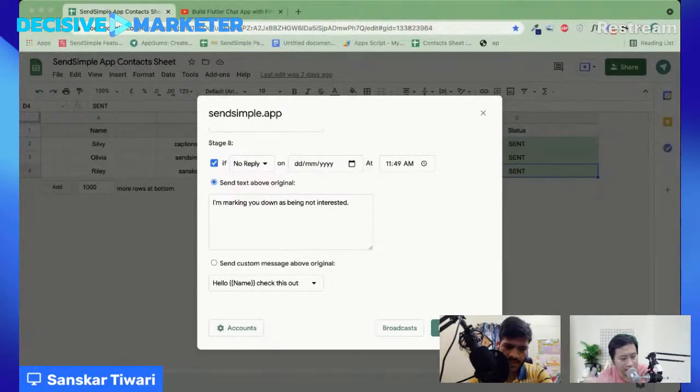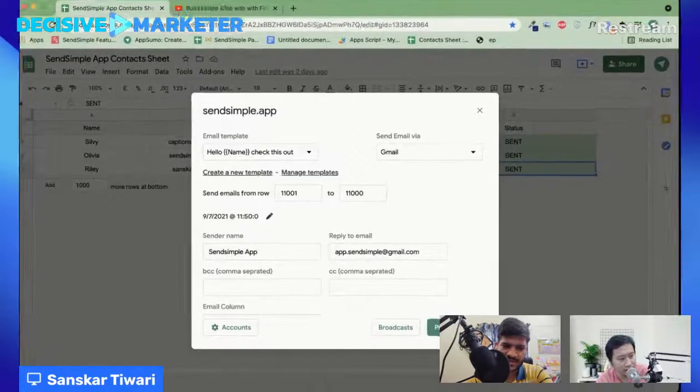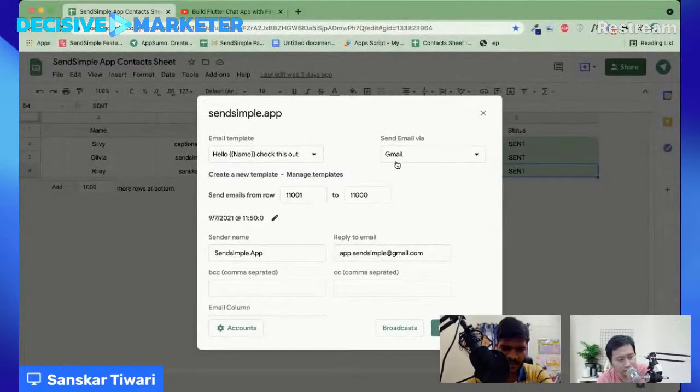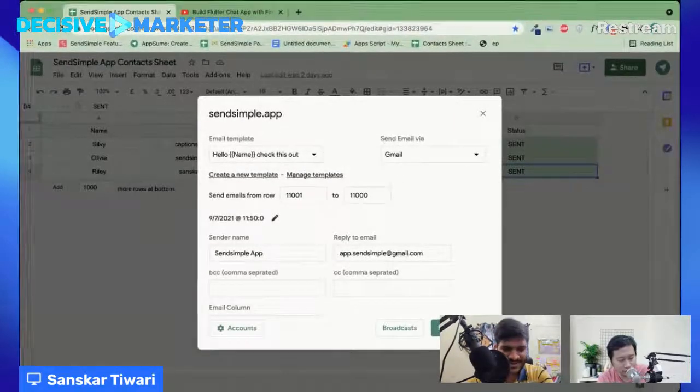I see. So it's sort of like an autoresponder, or you can actually use it as some sort of drip campaign as well. Correct. Okay. So we actually choose the email for every single one that we want to send, right? Yes, you can select an email from this, exactly like you are asking for, for the campaign.